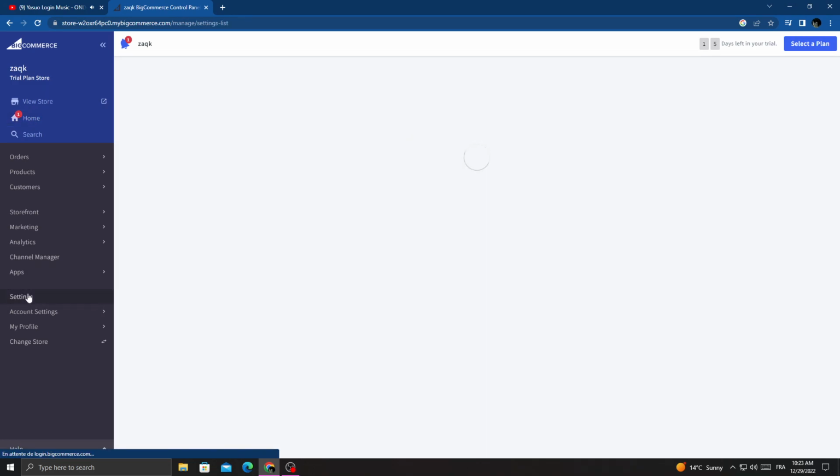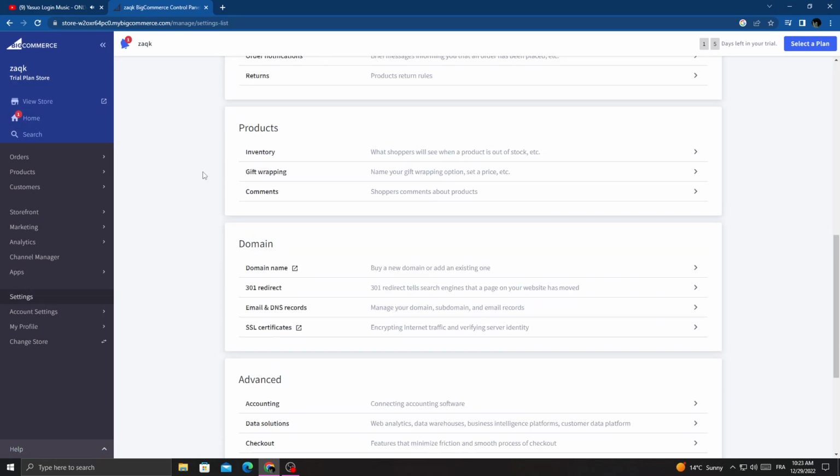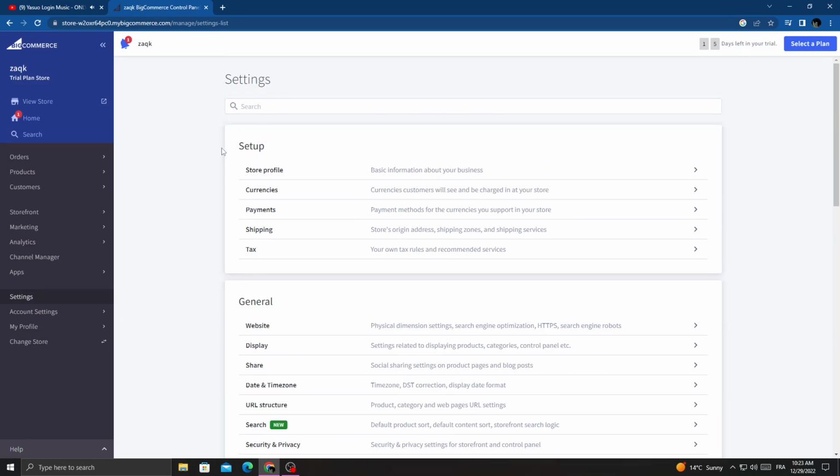click settings, and then here you will find Bigcommerce settings. All you need to do is go to setup here, and here we'll find currencies. Click on it,